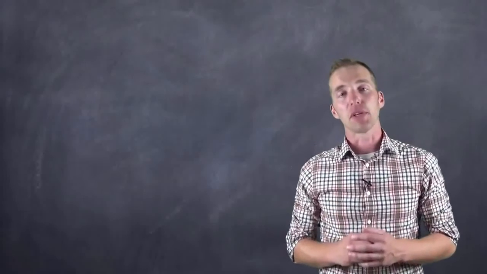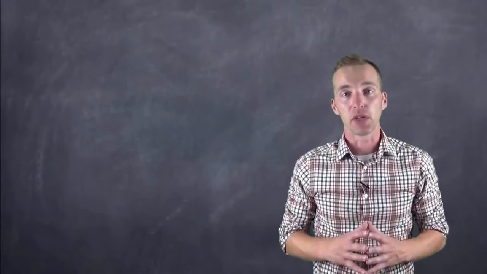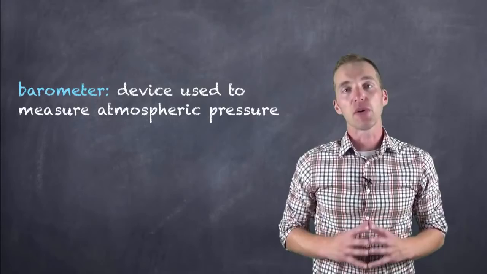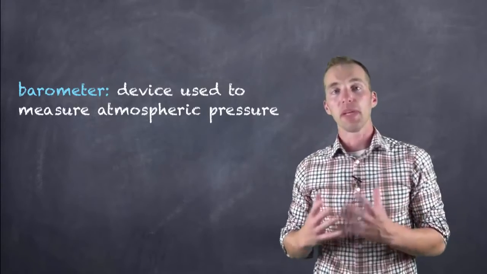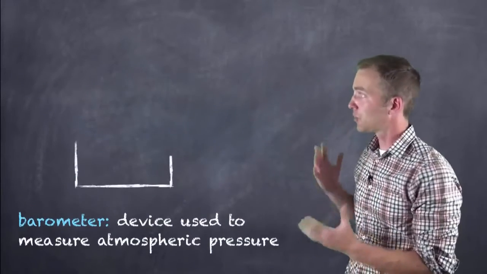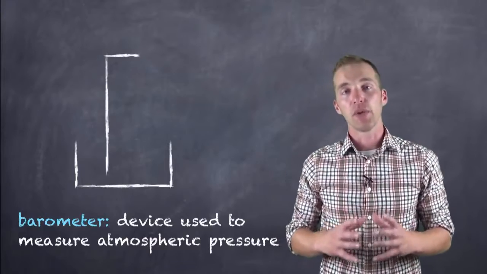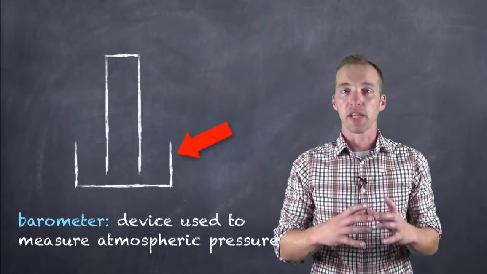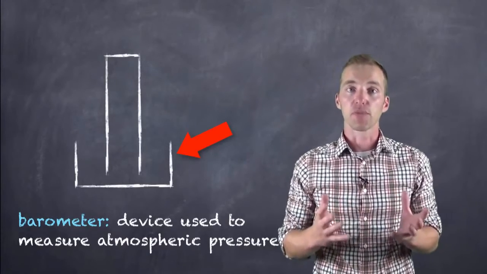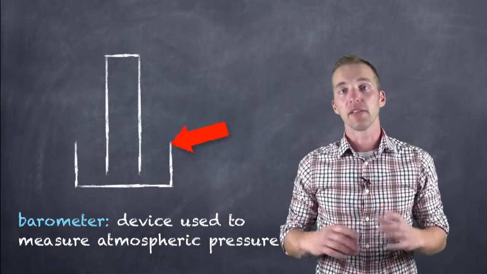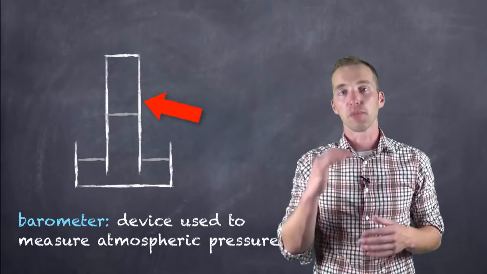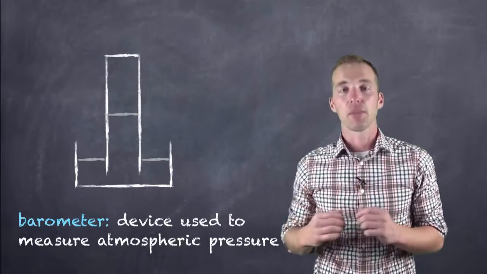The way that we measure atmospheric pressure, air pressure, is through a device that we call a barometer. And just very quickly, the way that a barometer works can be illustrated by looking at a crude mercury barometer, one in which there is a container at the bottom where there is a pool of mercury that's exposed to the air, and then there is an inverted column of mercury that's supported by this air pressure, so that when